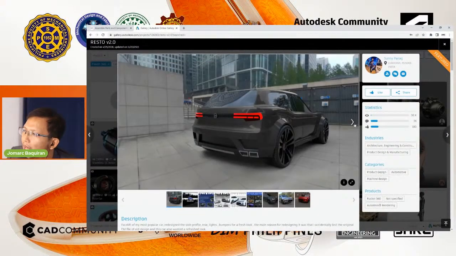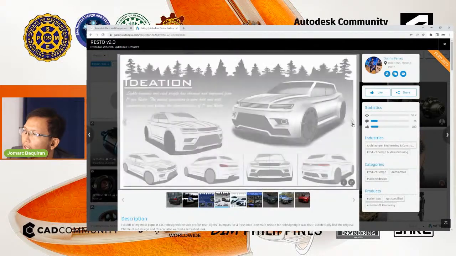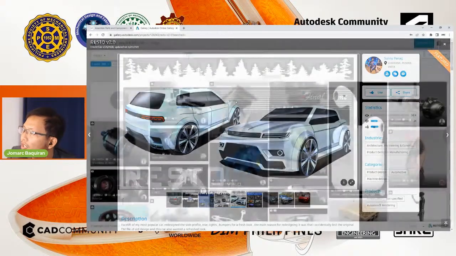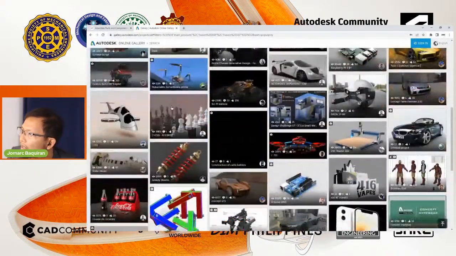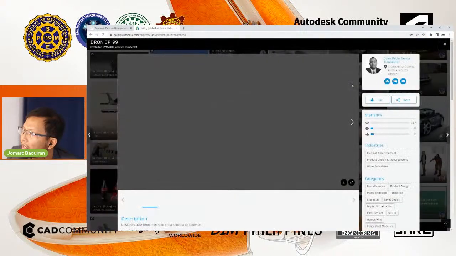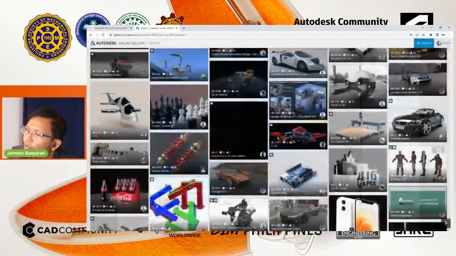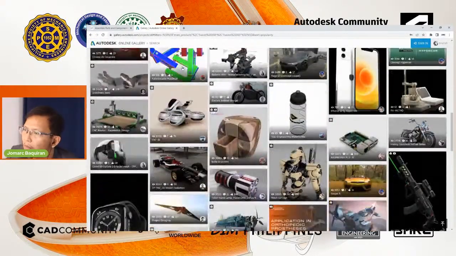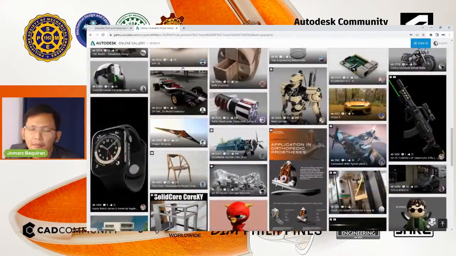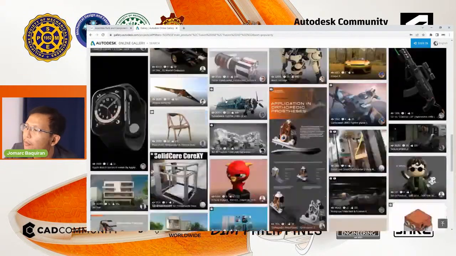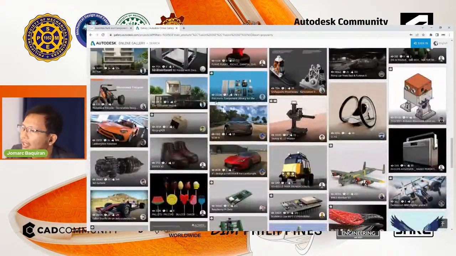These are all made in Fusion 360. Hoping this will inspire you and we look forward to see your works. Posted in our mechanical design and fabrication page. We are hoping to see that.